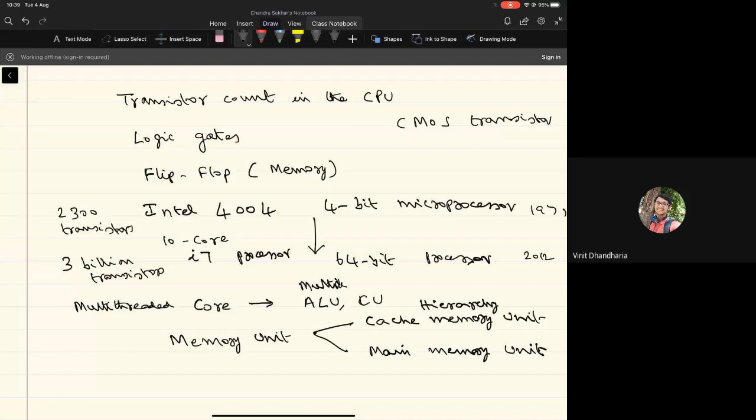which means that there are different levels of cache memory unit. And in the current day processors, it's common to see what are called the level 1 cache, level 2 cache, and in many of the current day processors, even the next level cache, that's the level 3 cache, is also on the processor chip. Okay, or at least the L1 cache and L2 cache are on the processor chip, right?